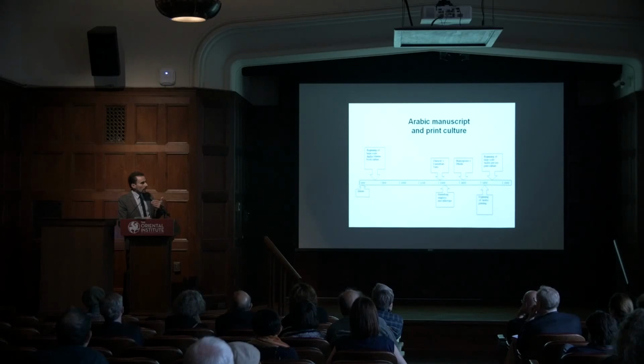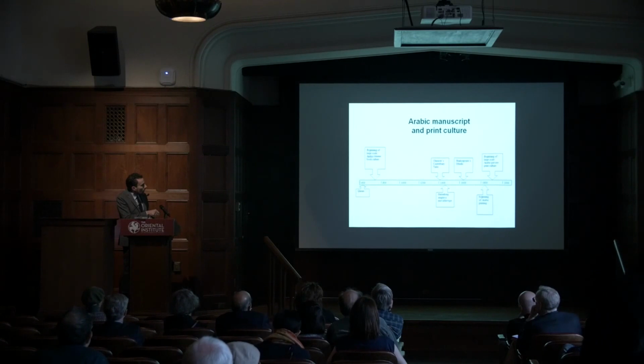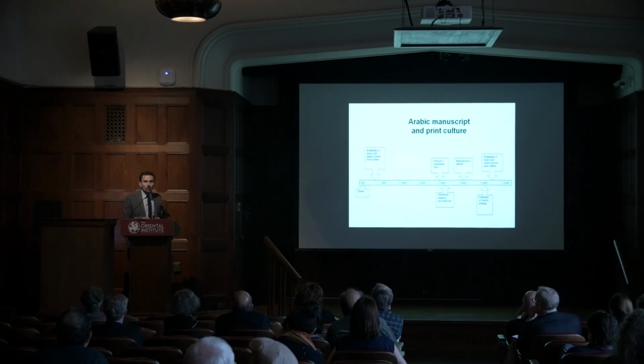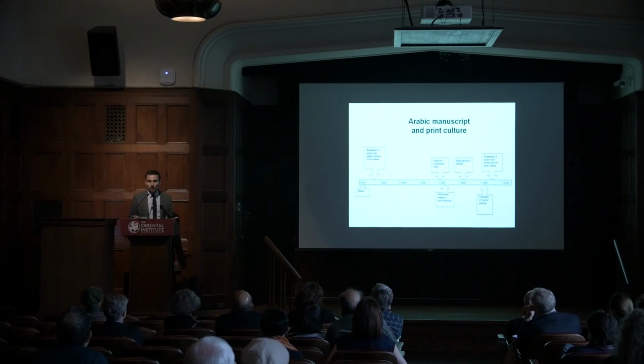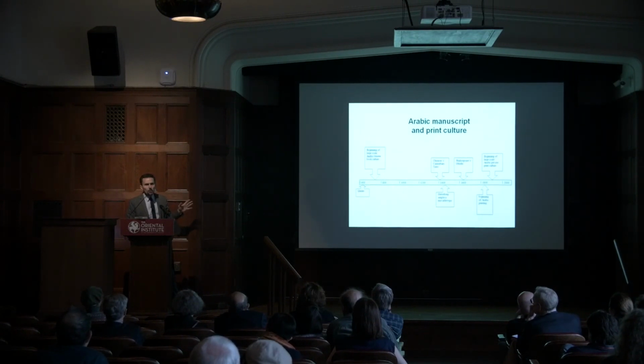So to give you a short introduction into the written culture that existed in the pre-modern period, as you can see here on this time scale, Gutenberg's invention of movable type printing happened sometime in the 15th century. This is the beginning when printing really takes off in Europe, right? Movable type is the technology where you have a set of individual letters and then you combine them to print. Before that there were various types of block printing, very inefficient, and people didn't use them on a large scale. But when Gutenberg developed this in Germany in the 15th century, this led to the so-called Gutenberg Revolution,